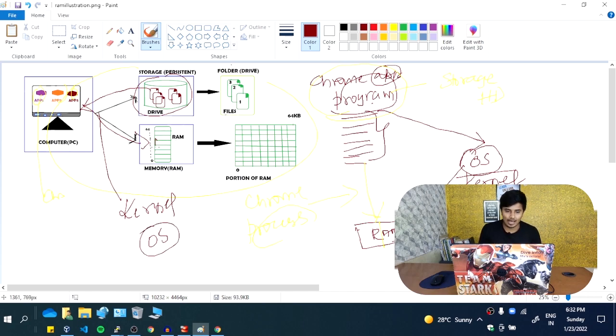And in this RAM, some part of the RAM is allocated to this Chrome process, basically a Chrome program. Whenever I put that program into the RAM, it becomes a process. Some amount of memory is allocated. Who will decide how much memory should be allocated? That is decided by a module which is known as the memory management unit. Okay, it is a part of the kernel itself. So I have just assumed this part has been allocated for the Chrome process.